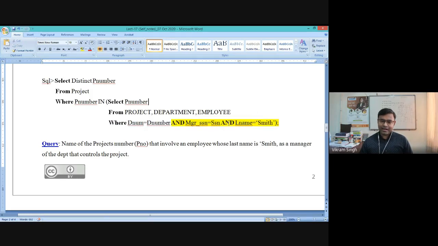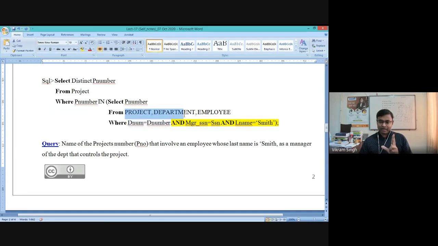Basically, the inner and outer parts are simple, but whenever we are dealing with multiple tables, like in the inner query where we are dealing with project, department, employee, more than one table, you should write the join conditions carefully, right? In the where clause, you can see we have written the join condition between D number and D number. We did not write the instance prefix because the attribute names are the same on both sides, so there is no need to write it. So D number equals D number is a join condition between